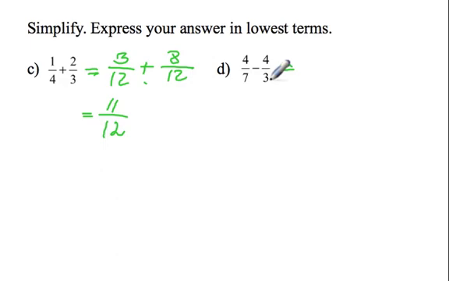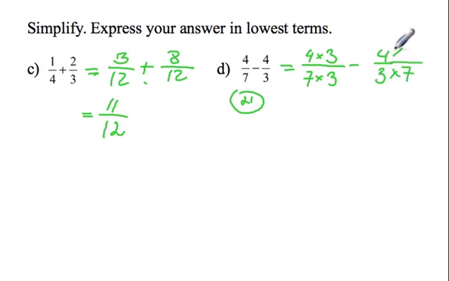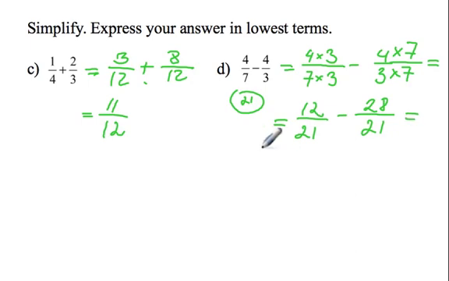Question D, again, we have different denominators. So what is the lowest common multiple for 7 and 3? That would be 21. So let's write it out. We would have to multiply 7 by 3 to get a denominator of 21. If we multiply the denominator, we have to multiply the numerator as well. And how about for thirds? We have to multiply by 7 to get 21, top and the bottom. And that equals 12/21, take away 28/21, and that equals 12 take away 28 over 21 equals, we have